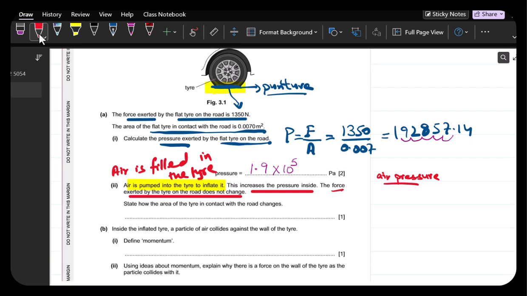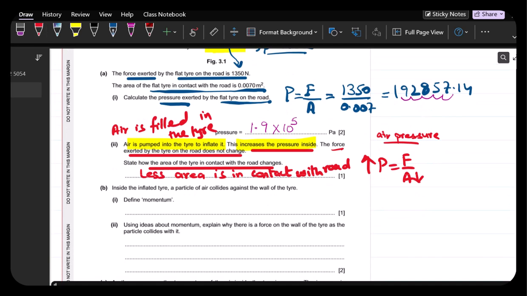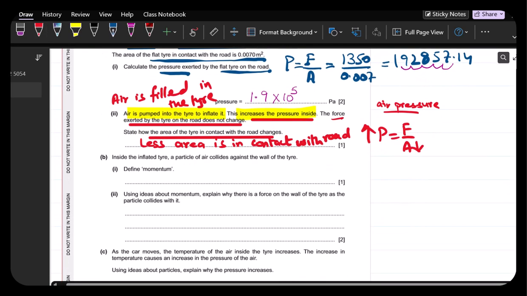So state how the area of the tire in contact with the road changes. You know pressure is equal to force over area. If pressure increases, it means the area in contact with the road is less. So less area is in contact with the road. You can even write area decreases. So moving forward,